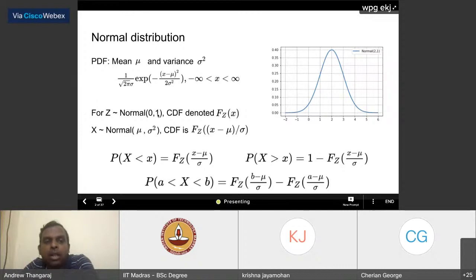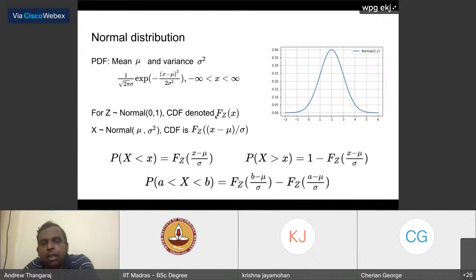But there is this very, very nice relationship, which is the normal distribution with mean 0 and variance 1. We will denote Z as a random variable which has this distribution. It's called the standard normal. And the CDF of the standard normal is the probability that Z is less than or equal to x. I will denote that as FZ of x. This notation is important because the CDF of the standard normal is enough. For any probability computation with normal distribution, your answer typically will be in terms of the CDF of the standard normal, and any